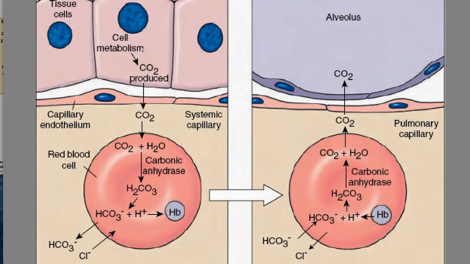So these active cells, we're going to start with the tissues and work our way to the lungs. The reactions are identical here. Just like chemical reactions, they're always going to be able to go both directions. This is the same chemical reaction, but at the tissues it goes one direction. It flows with a high concentration of CO2, whereas at the lungs it's going to go the other direction. It's going to go towards CO2 offloading. So our cells are going to be producing lots of CO2, which is very soluble, which is different than oxygen. CO2 is going to diffuse through the interstitial space and make its way to the blood vessels.